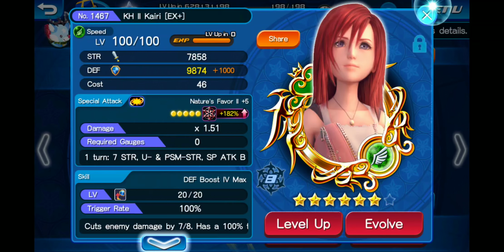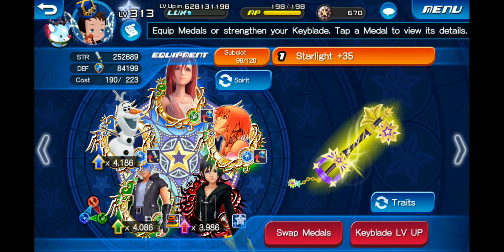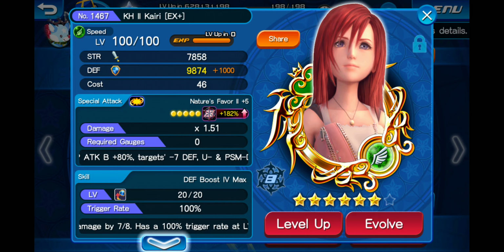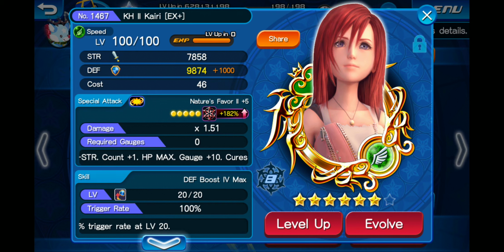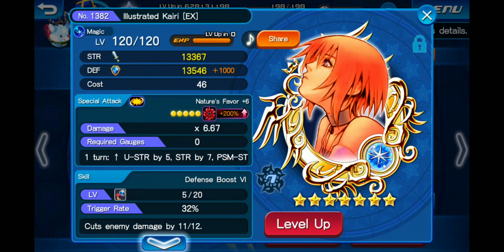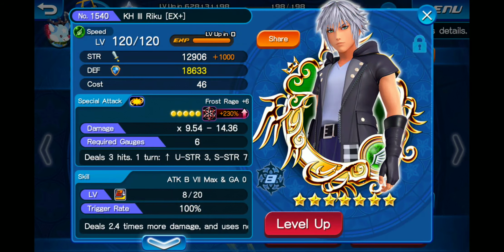So here's a general rule of thumb that I'm suggesting if you don't have Kyrie or Xion EX Prime yet. Use your regular EX Plus Kyrie with defense boost 4 max, and a regular illustrated Kyrie, which could be tier 7 or tier 6 star, it doesn't matter. Just a regular one with defense boost 6. The reason why is because a lot of the medals that you probably already have have defense